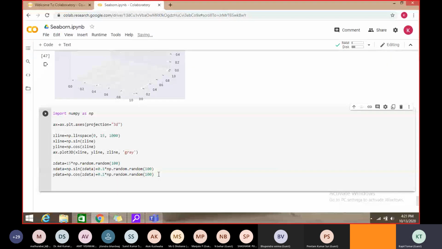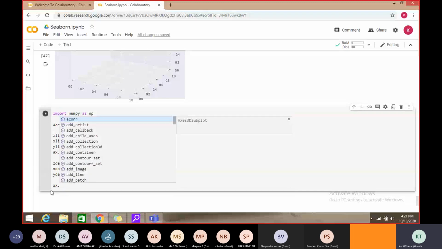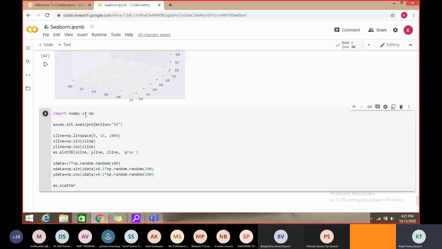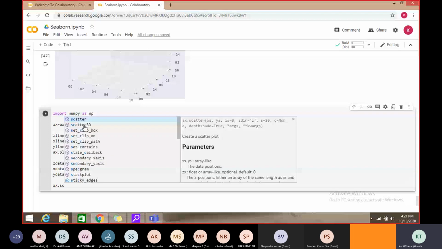Then I want to plot a scatter graph. So ax dot, let's check what are the various options it gives me. Scatter, but not scatter, this time what we want is scatter 3D, right?